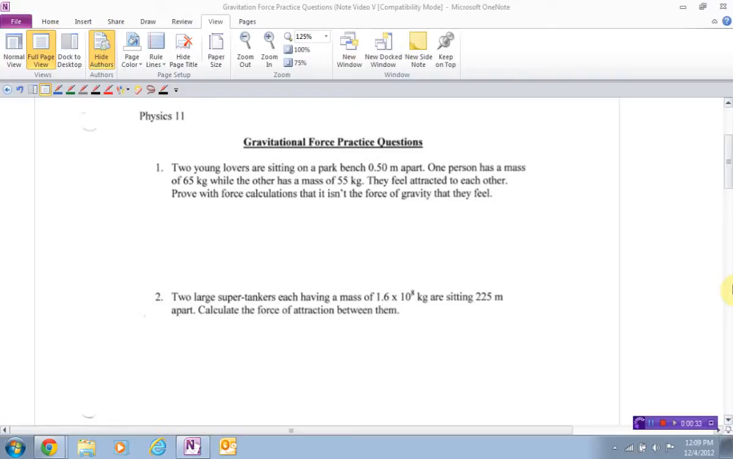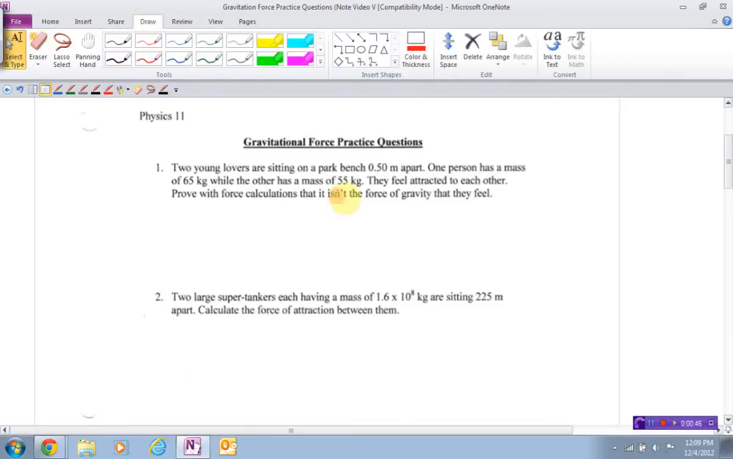The first one is about 2 young people sitting on a park bench. They're 0.5 meters apart, center to center. One person has a mass of 65 kilograms, while the other person has a mass of 55 kilograms. It says here they feel some attraction towards each other. That is, they are attracted, and we want to find out if this is the force